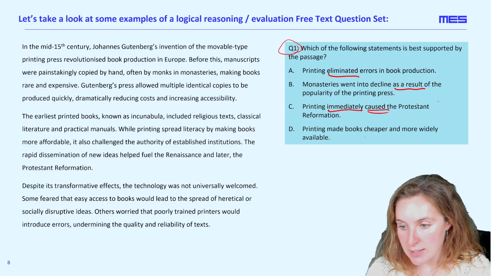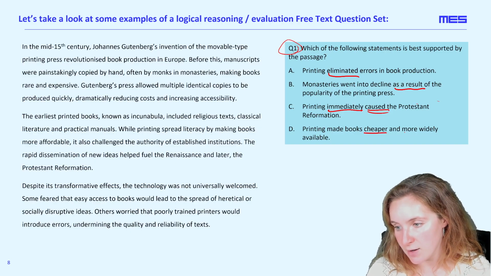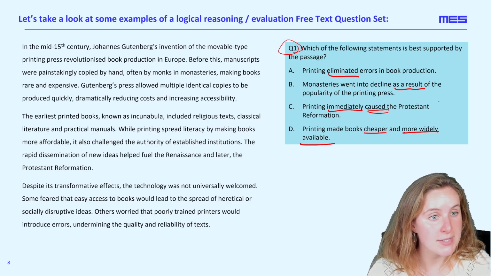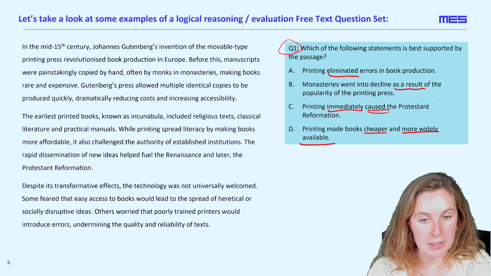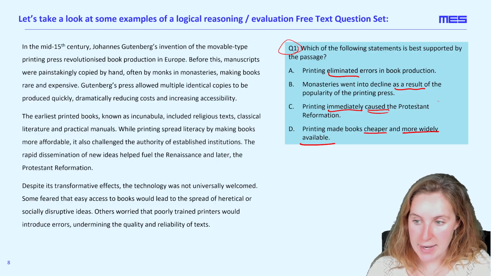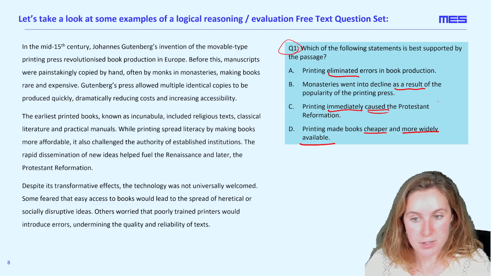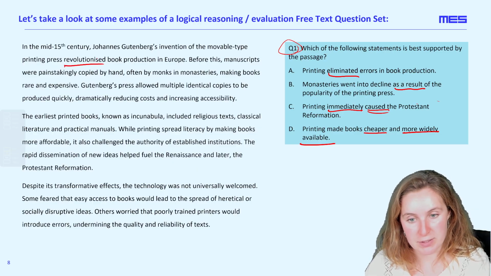And then D, printing made books cheaper and more widely available. So here we're thinking of the effect of printing on their accessibility to the populace. So as we're scanning, we don't have keywords in the question itself, but we have keywords in the 4 different answers. So as we're scanning, we're looking at, for example, the first paragraph when we're seeing that the printing press revolutionized book